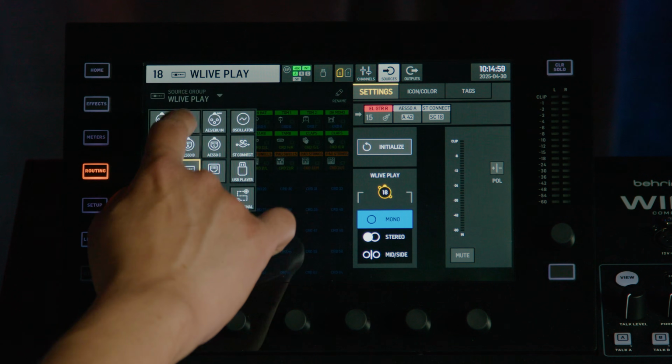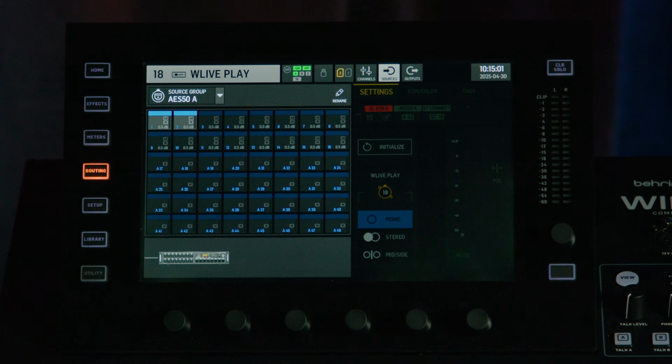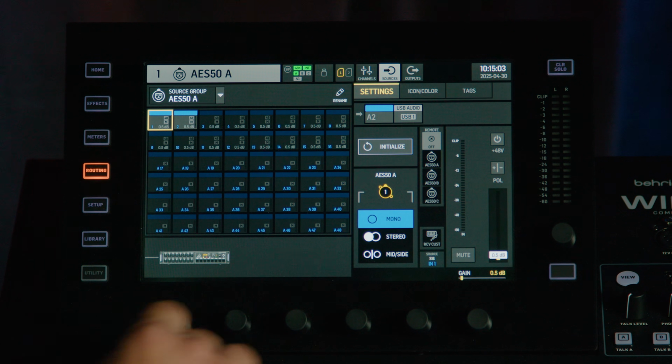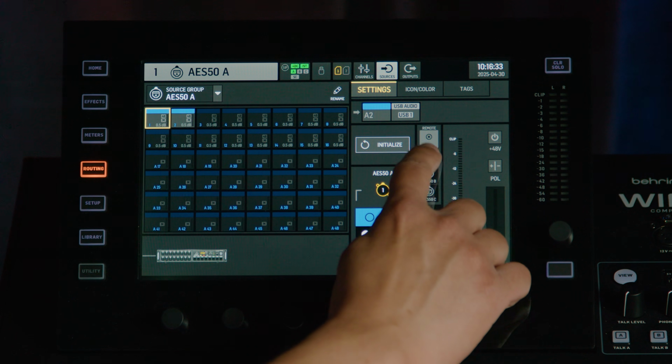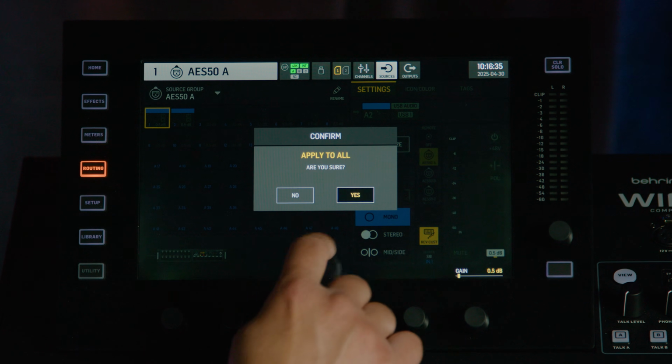or your AES50 connections. AES50 allows you to share customization of the sources and remote control preamps from one device to another. And you can do that individually on a channel by channel basis, or apply the changes now to all of the preamps and channels on a single unit. To apply the changes, the customization, sharing, and the HA remote control, just hold down the corresponding buttons and the changes will be applied to all of the channels.